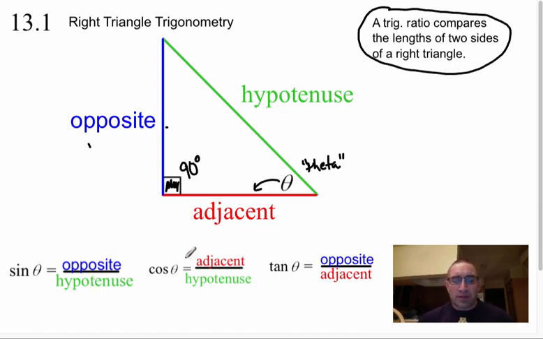The next trig function is the cosine function, which is the adjacent over the hypotenuse. And the third trig function is tangent. The tangent function is the opposite over the adjacent